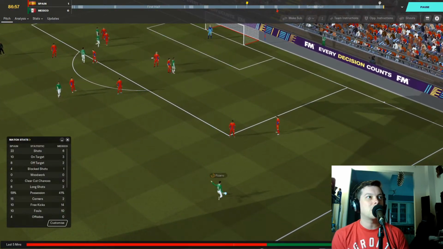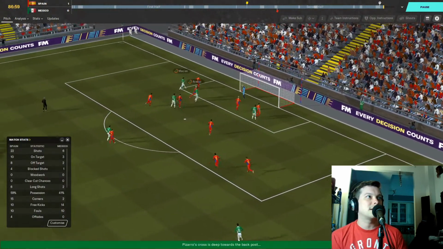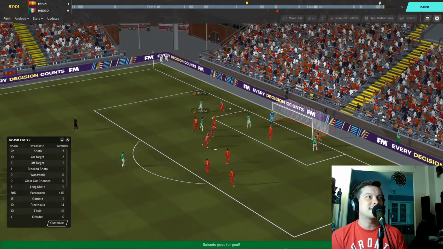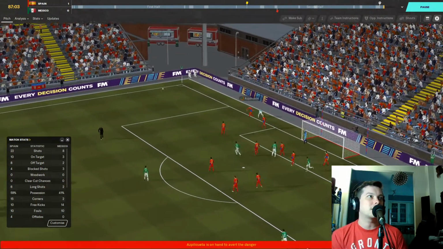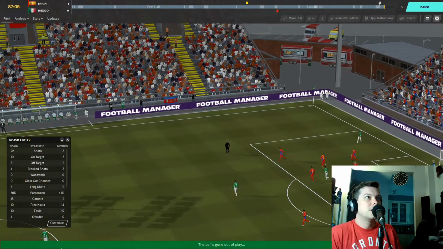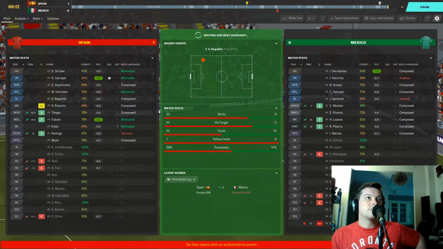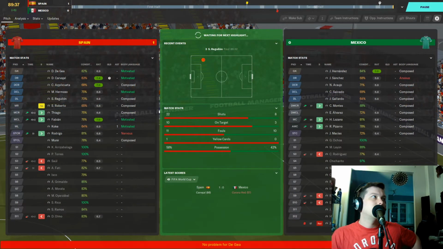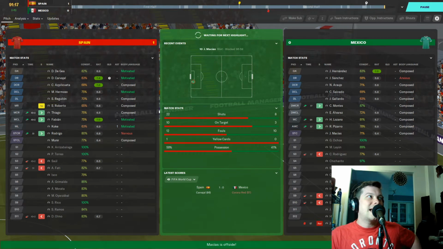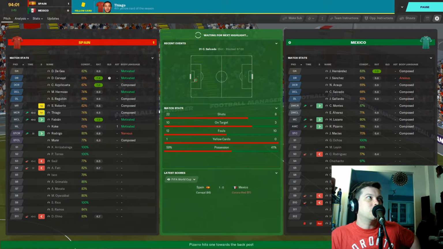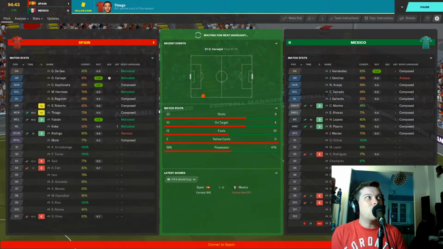Here we go. Pizarro. Free kick for Mexico. Crosses into the box. Macias tries a shot. Salcido tries a shot. Both are blocked. Azpilicueta clears to touch, and it's a throw-in for Mexico. Last 5 minutes. 5 minutes added time to go. Can Mexico claw one back? Can they get the equalizer? It's ticking away the time.